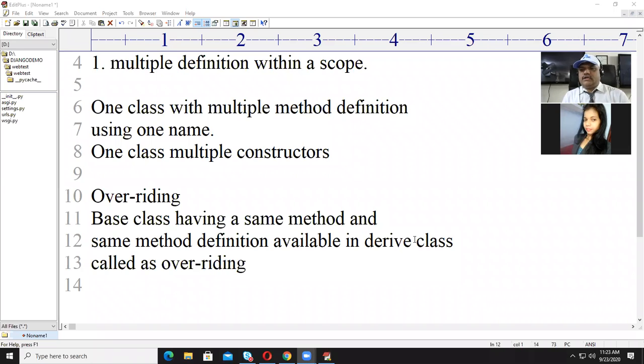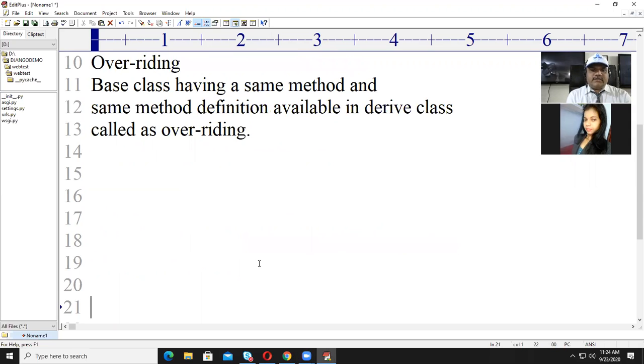Now the question arises: if a base class has a method available, why is there a need for another? Because you are writing a derived class, and if a base class method is available, the object of the derived class can very well refer to the method belonging to the base class, so why does it need another definition? So why is overriding required? That is one question. To answer that, as you know, let us understand that the base class is an abstract class.